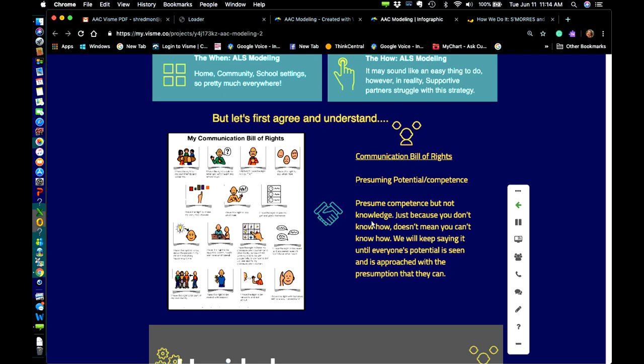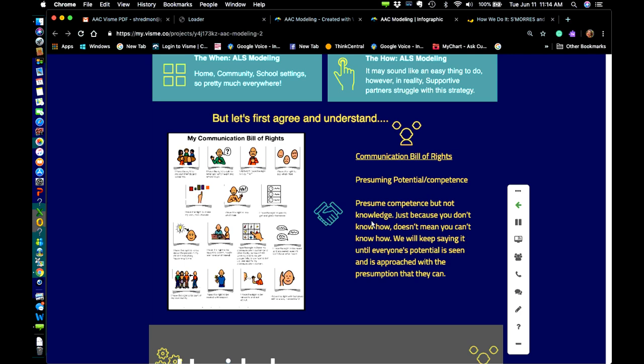So really, this Communication Bill of Rights, my dear friend, Mike Keppel, who is an AAC communicator, this is his passion, and he's asked me to always make sure that when I'm doing a webinar about AAC or a presentation or talk with anyone, that I bring this up and bring this in the forefront. And hopefully you've all seen this, that AAC communicators have the right to have their own friends and